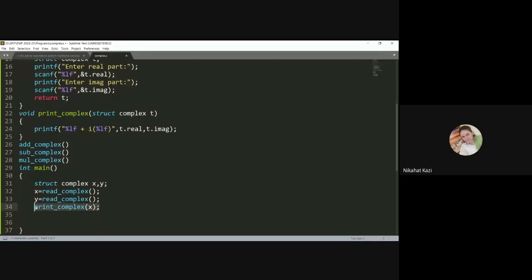So that is about reading and printing. Everyone is clear about reading and printing? Okay. Now next is for adding. For adding two complex numbers, what do we do? We add the real parts and imaginary parts. Yes. So